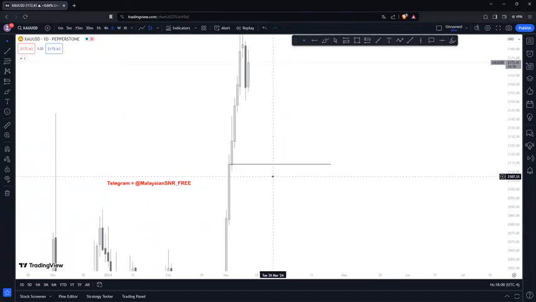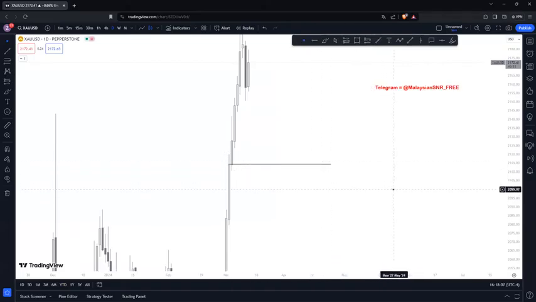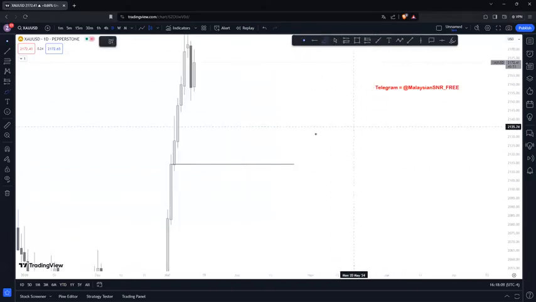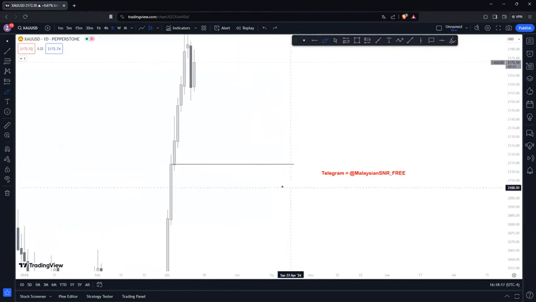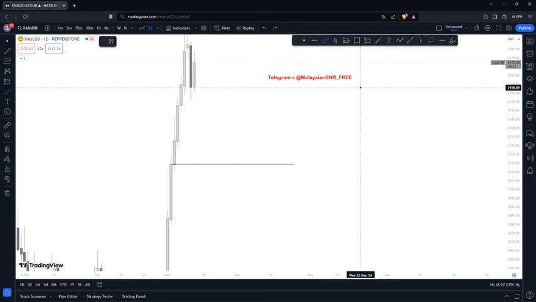Okay, now the first question you ask yourself is: is this key level touched by price action? The first answer that you can have is a no. No simply means fresh. Not touched by price action simply means fresh. If it is touched by price action, that doesn't mean it's unfresh yet. It just means you have to ask yourself the second question, which is, what type of price action is it